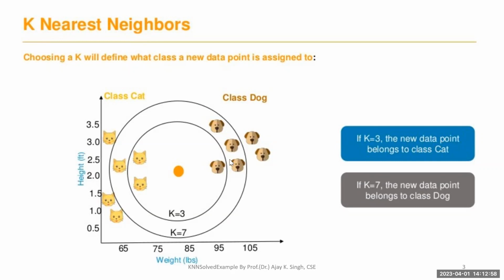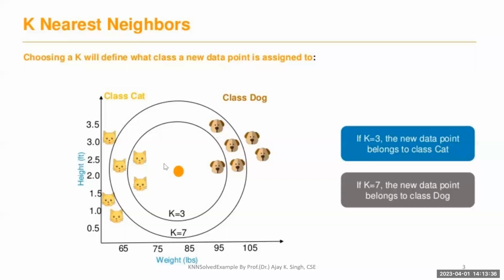That is 4. Why did I take 4 and 3? Because I'm going to encircle the nearest points. I'm going to draw a radius that is near to this point. I'm interested in taking only 7 data points, 7 images. Out of the 7 images, 3 are cats and 4 are dogs. So this is the value of K. K means 7 data points I'm supposed to select. 3 of them are cat and 4 of them are dog. So in this case, this image belongs to dog.